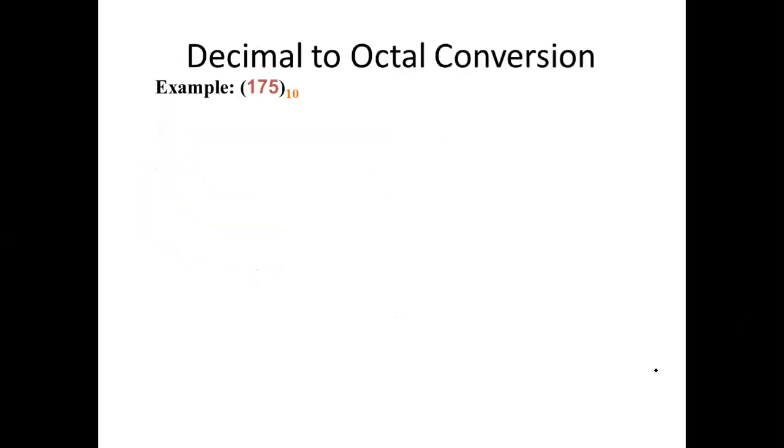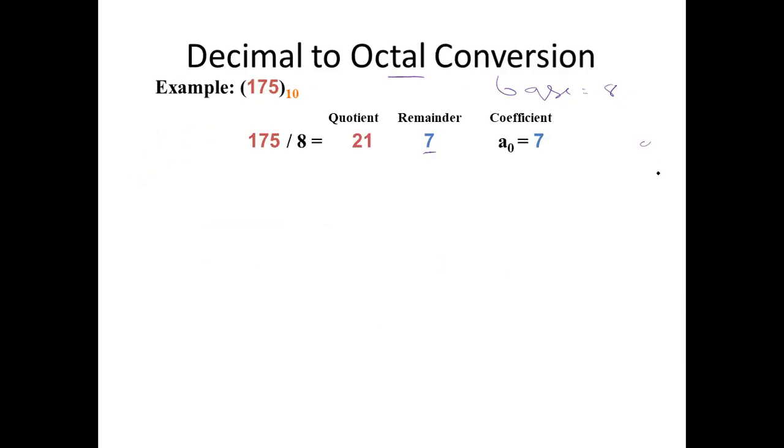Now decimal to octal number system, and for octal number system base is 8. Okay, so now you have to continuously divide by 8. Remainder 0 से 7 तक होगा. Remainder will be in between 0 and 7. So you have to write separately the remainder part, and again you have to divide the quotient with the base